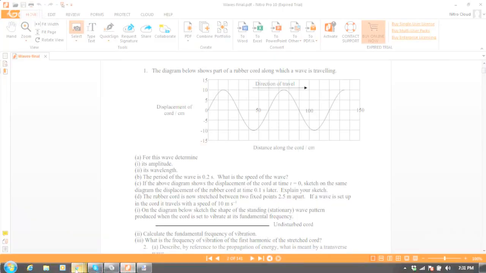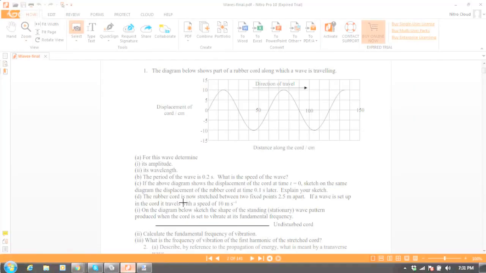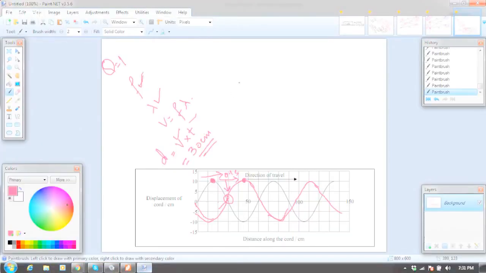Quickly moving to the next part. कुलसुम ने अगला part पूछा था, part C and D part 3. D part 3 is here. What is the frequency of vibration of the fundamental or the first harmonic? Okay, length of the chord. Let me search out. Where is the length of the chord? On the diagram below is this one. Okay, rubber chord की ये length दी हुई है 2.5 meter. If they are 2.5 meter apart and say